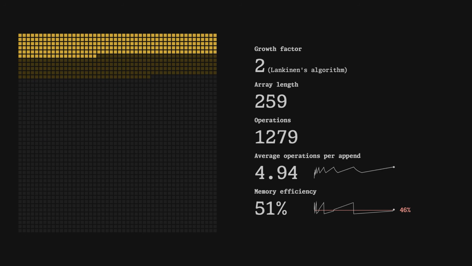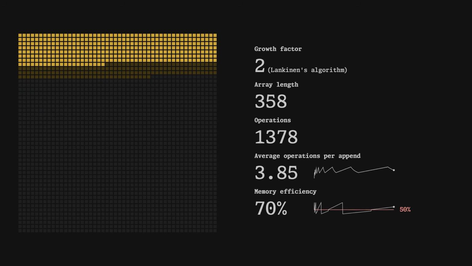Let's look at all the algorithms we've seen so far and try to compare them in a bigger simulation. First, let's look at a chart of the operations per second for each growth factor. Lower is faster here and thus better. It's no different than what you've seen before, and it won't change with anything we're about to look at. It's just a useful point of comparison. You want to remember that of the 4 growth factors we're looking at, 1.25 is the slowest and 2 is the fastest. 1.5 is somewhere in the middle, and the growth factor of 2 with the Lankinen algorithm is a